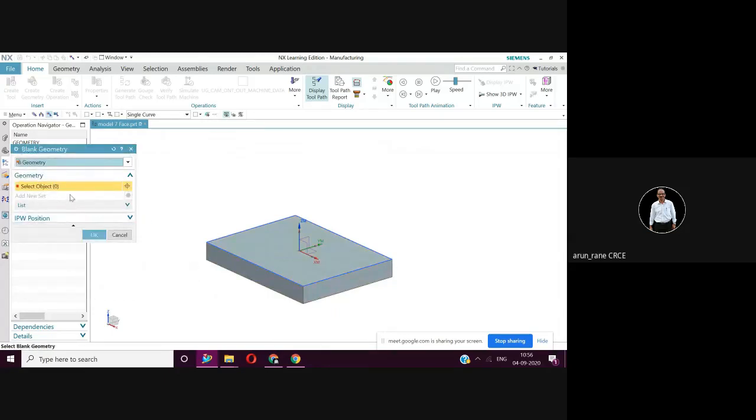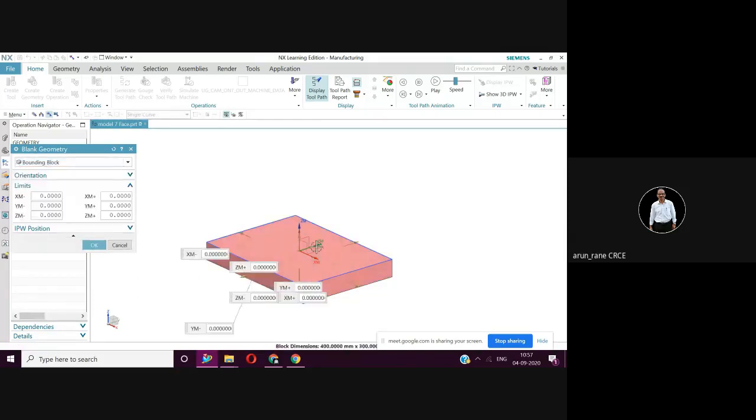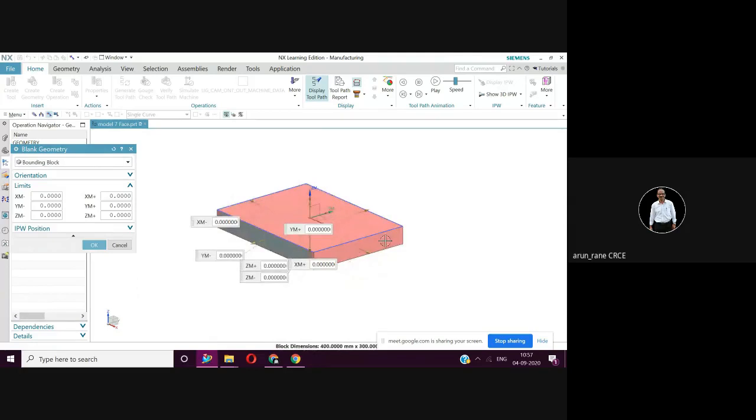Now specify blank. Blank means raw material size. The raw material size will definitely be more, isn't it? So you have to go for bounding block. Now you have to give the dimensions, how much here, here, here, how much is the stock.